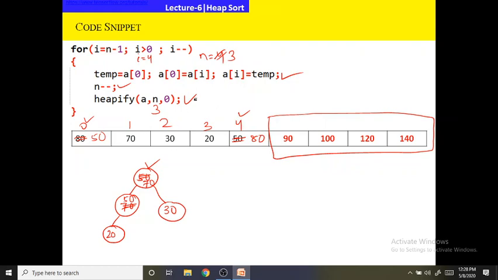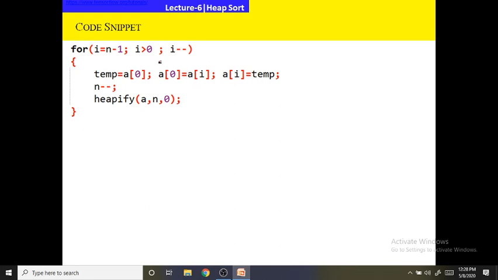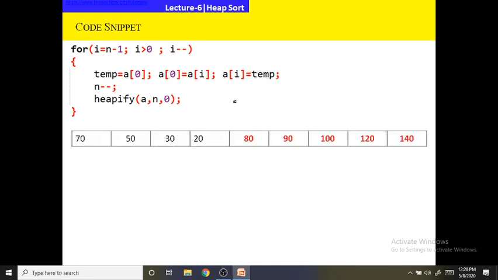So now what I will do, after heapify I will go to here, i minus minus. So the value of i will be decremented to 3. Now let me redraw this tree again. So now you see, these elements are already sorted. So the value of i is 3, the value of n is also 3.